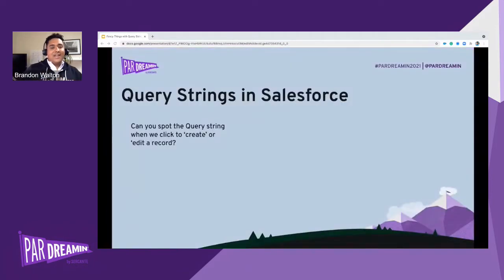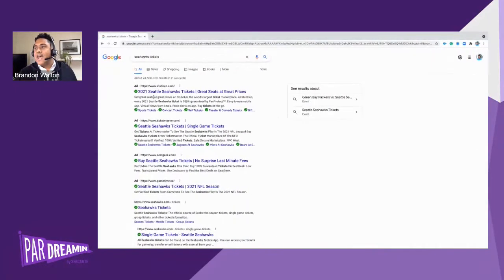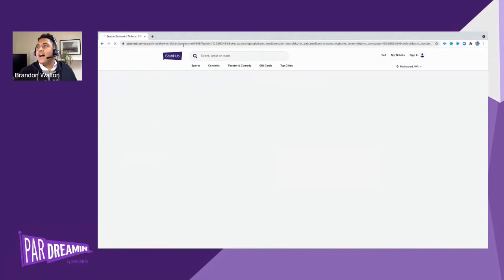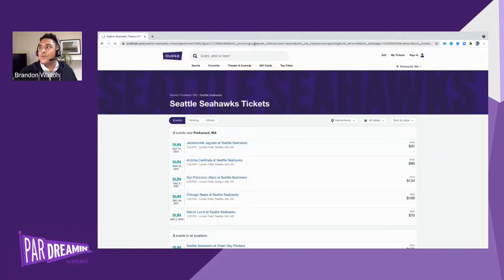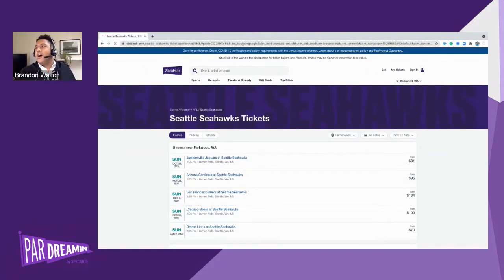All right. Now, in addition to Google, there's other sites that we can go through. So the other thing that I like to do and show folks is now if we're actually taking a look at these ads in Google, we can go to StubHub and look, even in StubHub, you've got our UTM source equals Google, UTM campaign. All these things are query strings that are getting passed to, in this case, StubHub, when we're on that site.